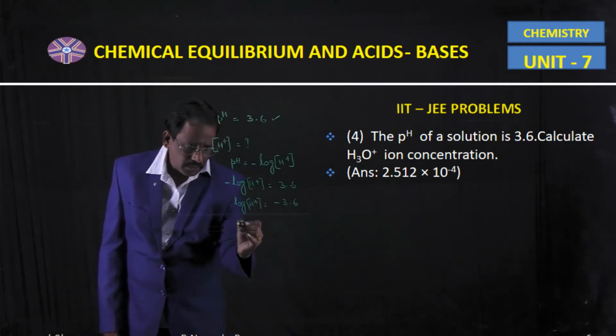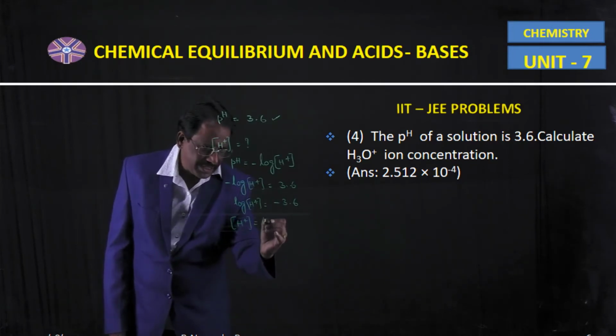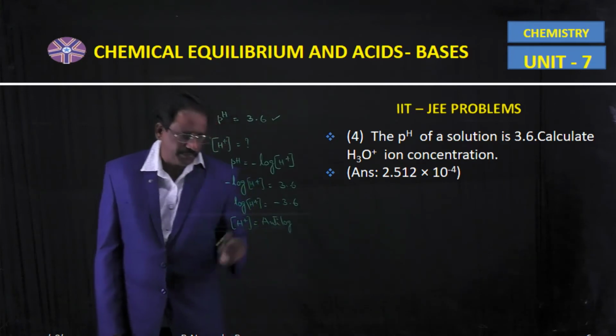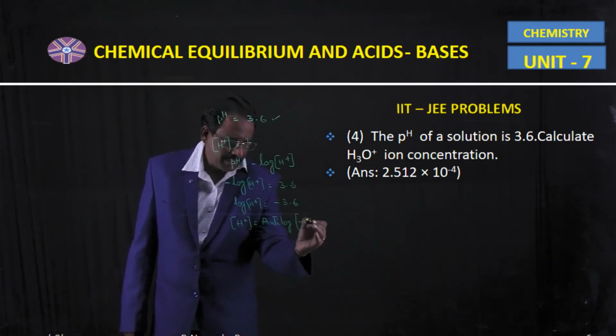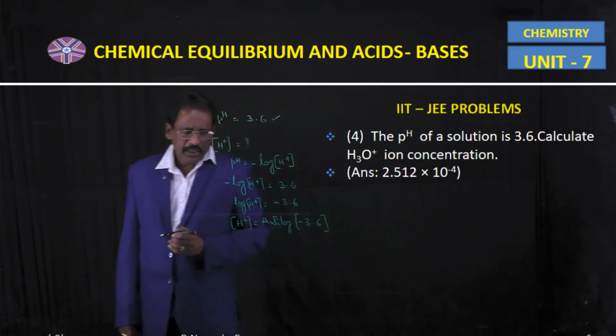Therefore, hydronium ion active mass is equal to anti-log of minus 3.6. But here